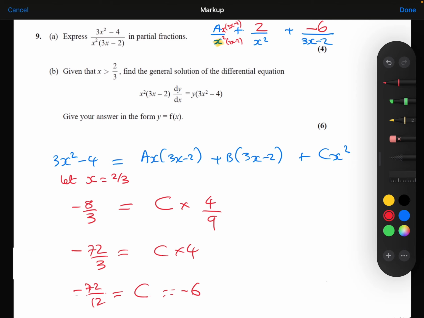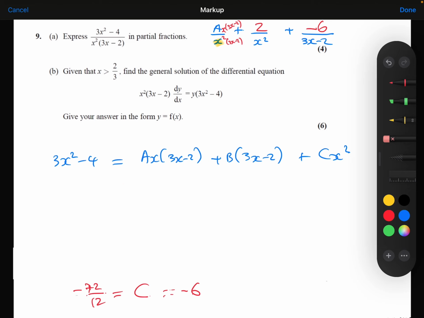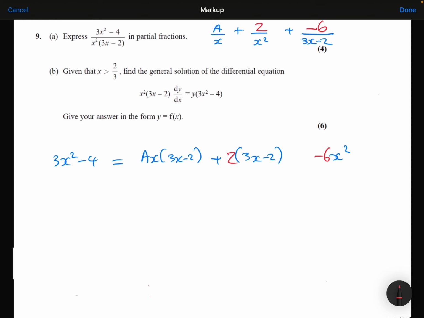Right, finally, we need to work out the A term. Now we're going to have to use a slightly different method for the A term because there's no substitution that I can put in here. There's no value of x that I can substitute in that's going to make this nice and simple. But I do know that B is 2 and C is minus 6. So what I'm going to do is compare coefficients